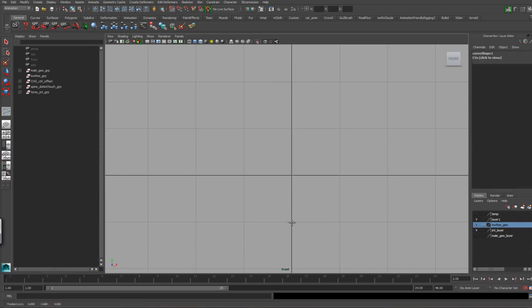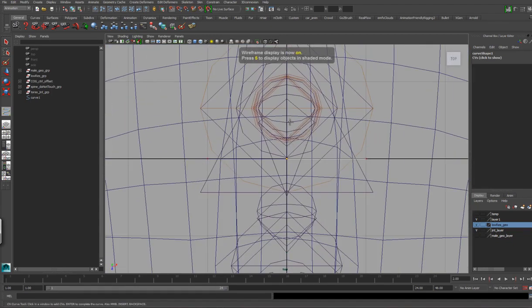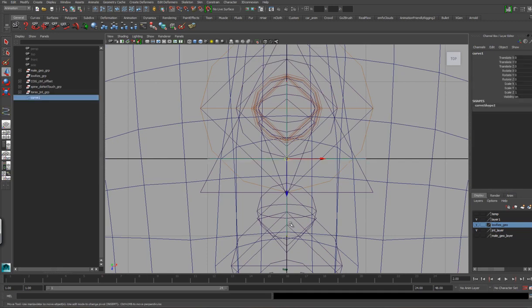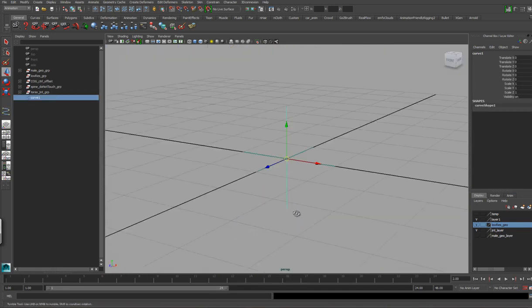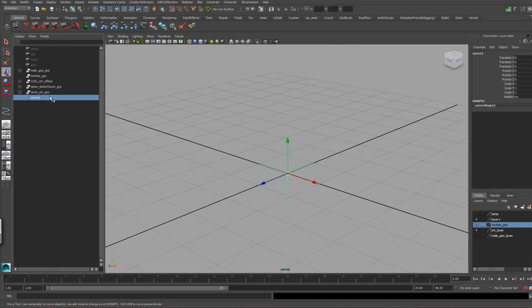I'm just going to snap from down going up to the center, to the one side, then the other, back to the center, and in the top view I'm just going to do the same again, so going out again, so I get hopefully some kind of cross. Okay, so that's going to be my main control, so I'll just call this LI CTRL,